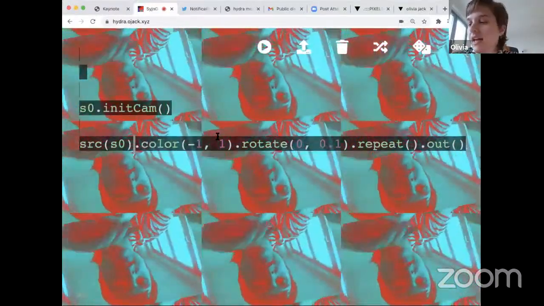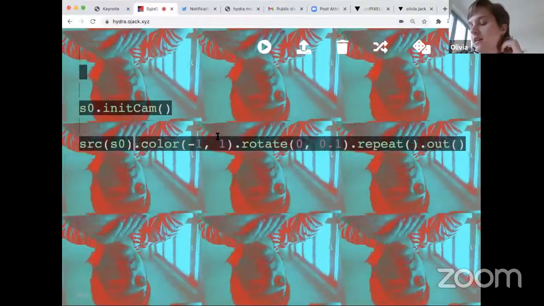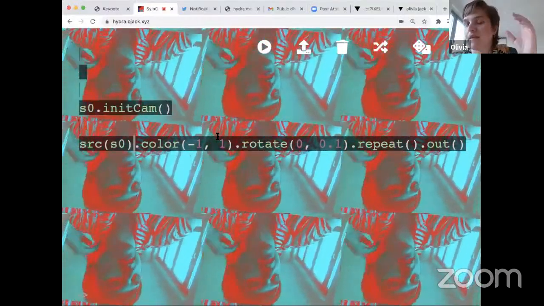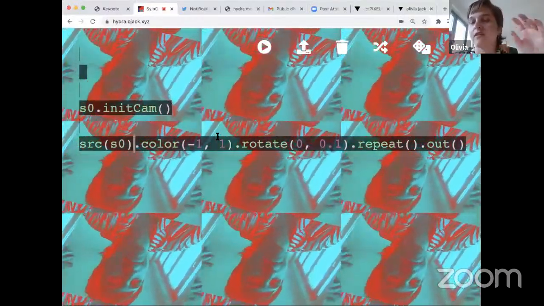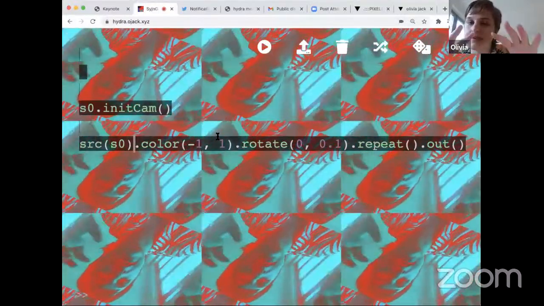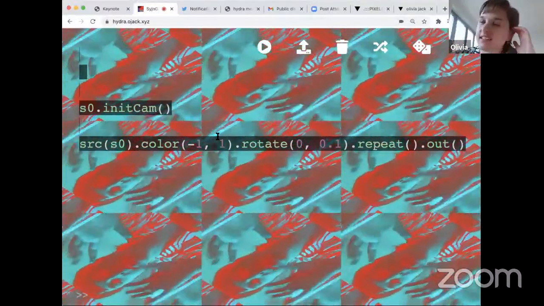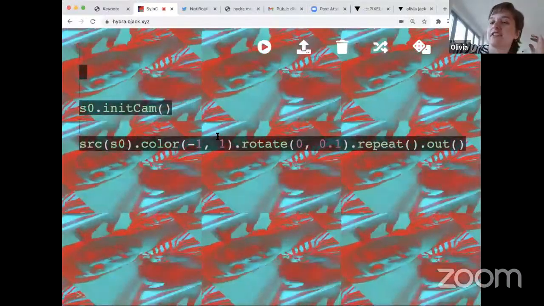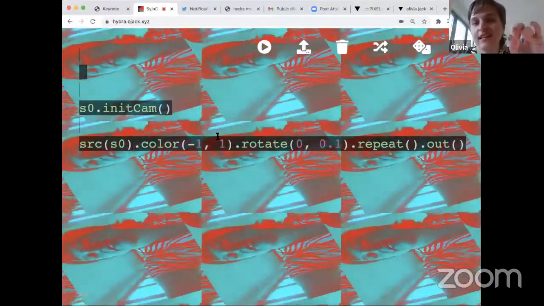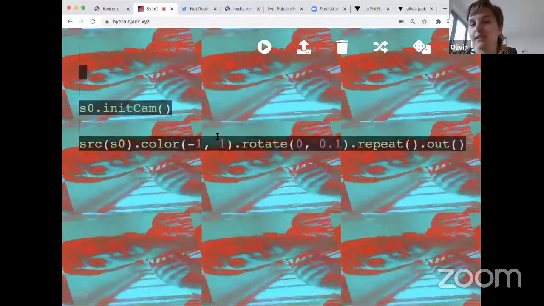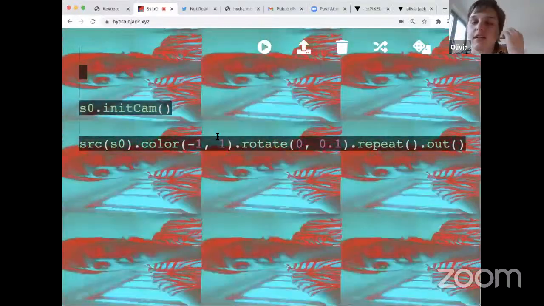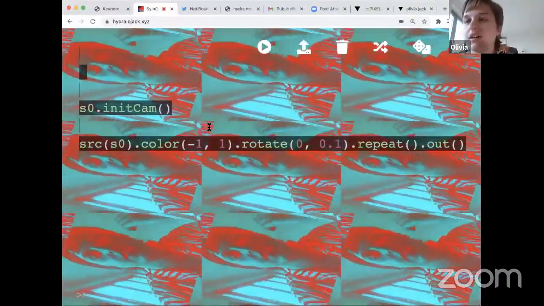And you could also use a video or an image, the webcam, or a live stream of anyone else who's connected to Hydra. Whatever they're doing can become an input to